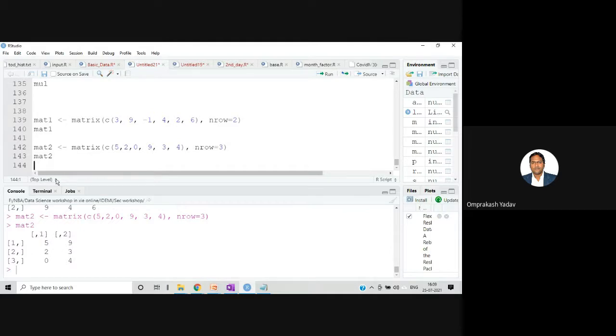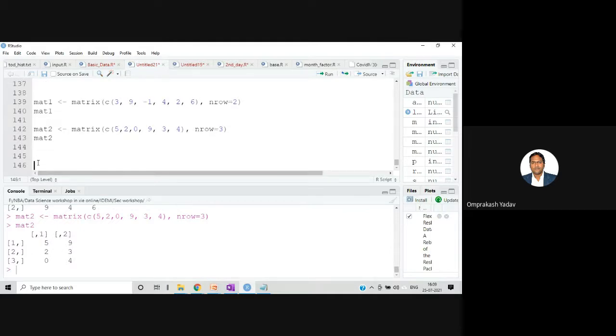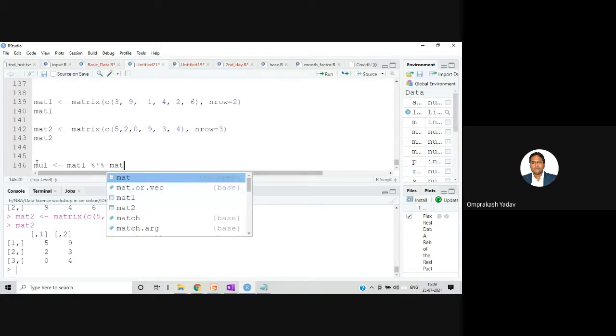Now matrix multiplication is possible, and to multiply these we have to use a different operator. I'll say mat1, then percent, star, percent, and mat2.